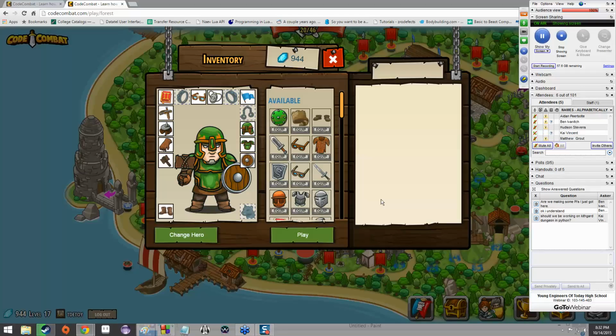So if you're still working on Kithgard Dungeon, then continue working on Kithgard Dungeon. If you've made it out of Kithgard Dungeon and you're now in the forest, then continue working in the forest. If you've made it to the third world because you really love programming and you got through it in 2 days, then go ahead and do that. Just as long as it's in Python, it's wherever you are with Python. So that is to say, if you've completed other levels in JavaScript, you should probably go back and redo them in Python, because Python has different syntax. But good question. Since I know you've done at least a few of the levels in JavaScript.